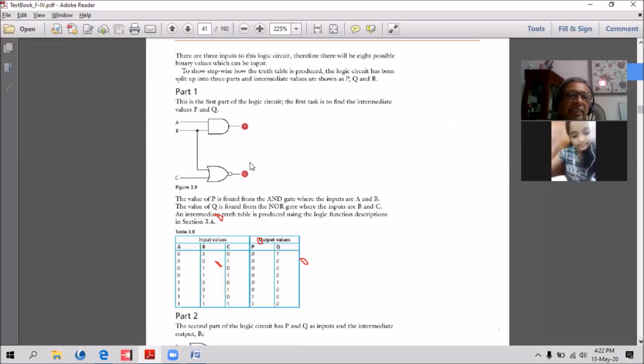So the 3 inputs are A, B, C. And what we are going to do is have intermediate circuits to make it easy. Like always, break it down to simple, modular, like modular programming. Here also you can break it into smaller sections or subtasks or sub-circuits. There are 3 inputs to this logic circuit, therefore there will be 8 possible binary values which can be input. So here is our